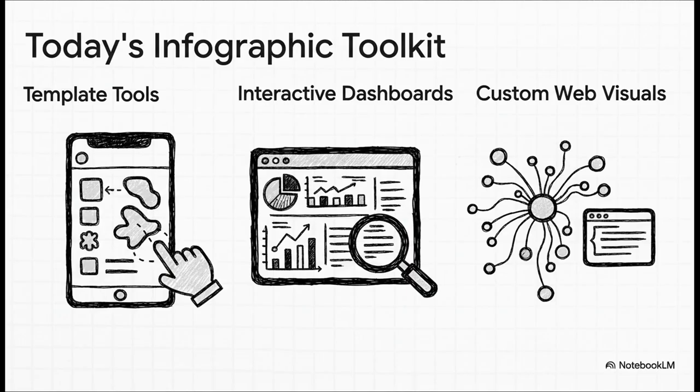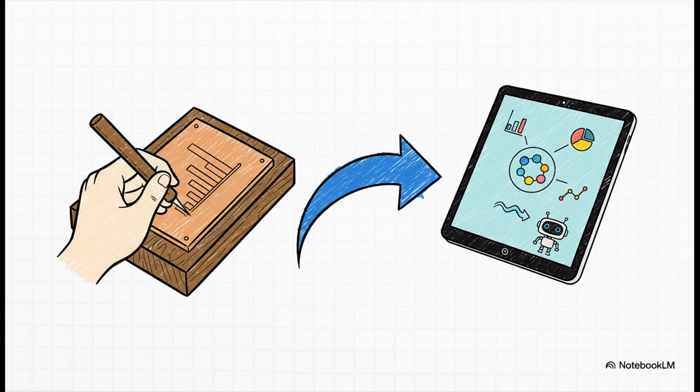We've got super easy template tools like Canva for marketers, we've got powerful interactive dashboards like Tableau for analysts, and we have sophisticated coding libraries like D3.js for data journalists who want to build custom visuals for the web. The tools are everywhere. So when you just step back and look at the whole story, the arc is just mind-blowing. We've gone from meticulously hand-engraving charts onto copper plates to using AI-powered tools that can literally suggest designs and